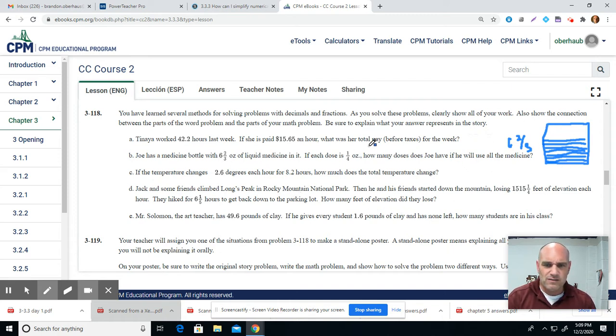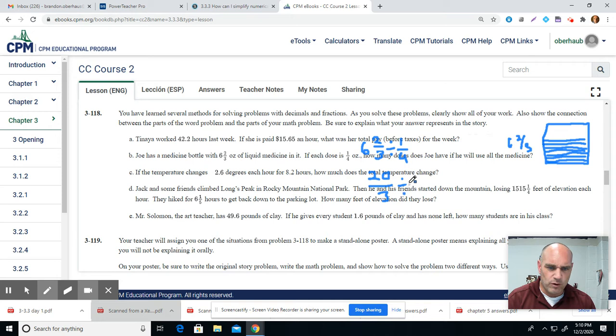So for this, we are going to take our 6 2/3, and we're going to divide that by 1/4. We want to find out how many equal pieces of 1/4 are in there. As we do this problem, just a reminder on your paper, first thing is anytime you multiply or divide fractions, we've got to make them top heavy. So this would now become 20/3